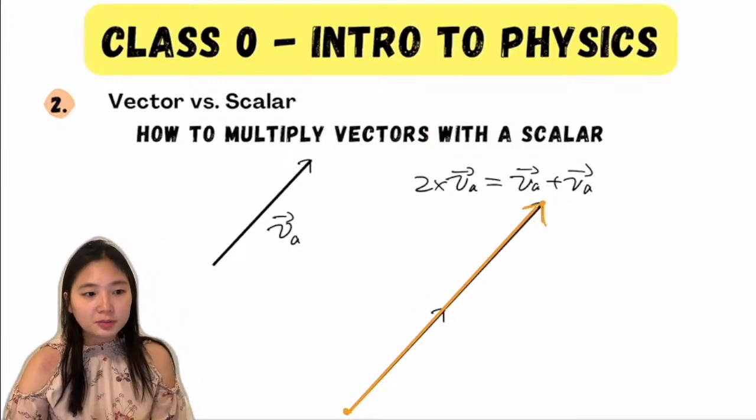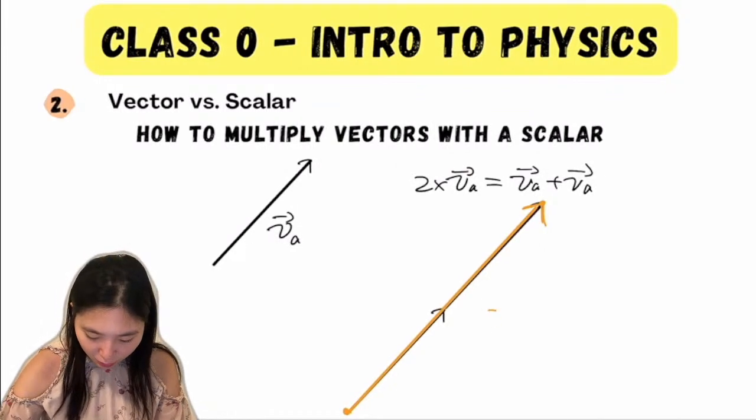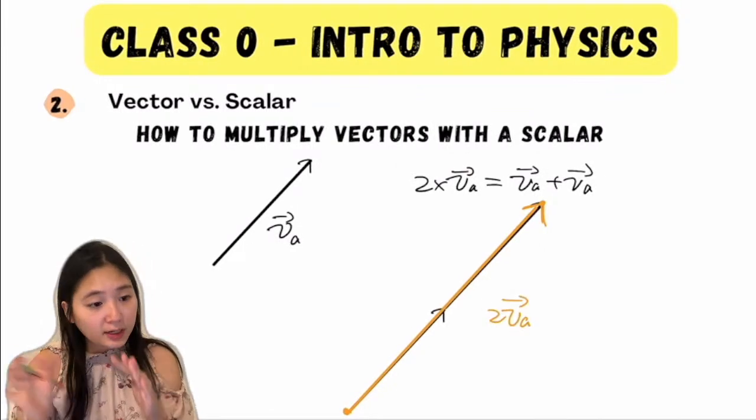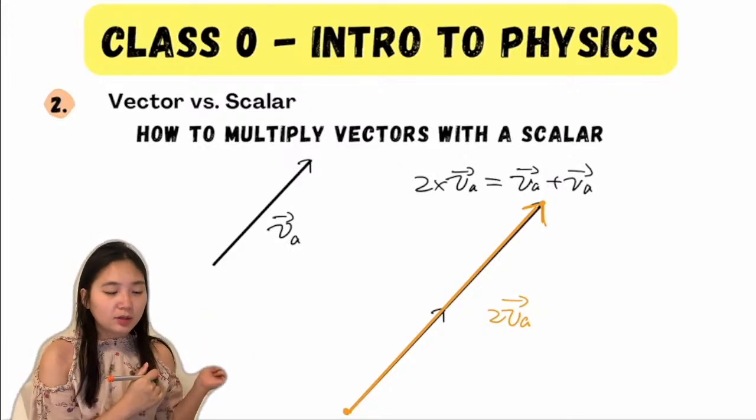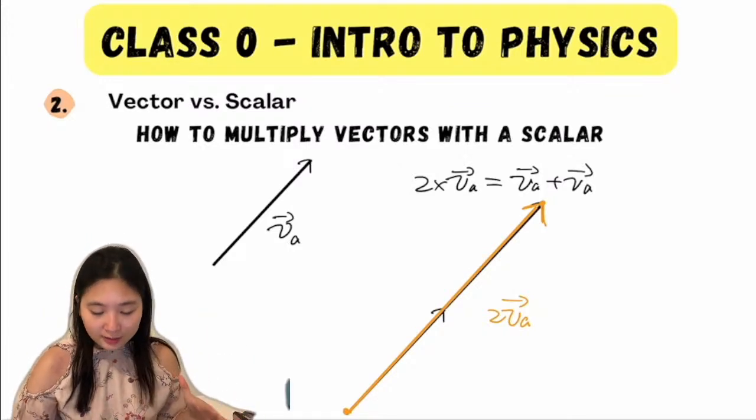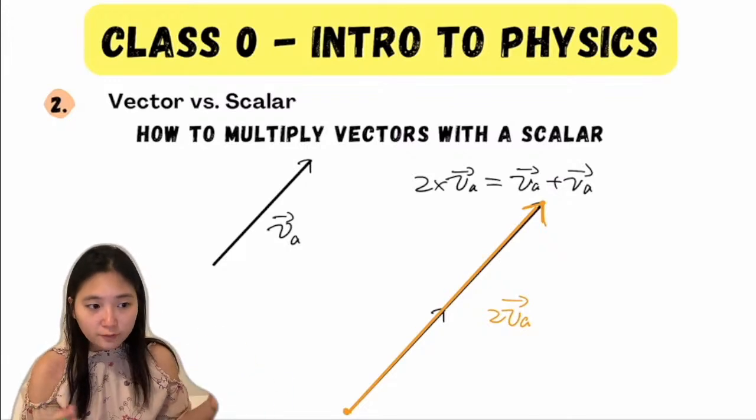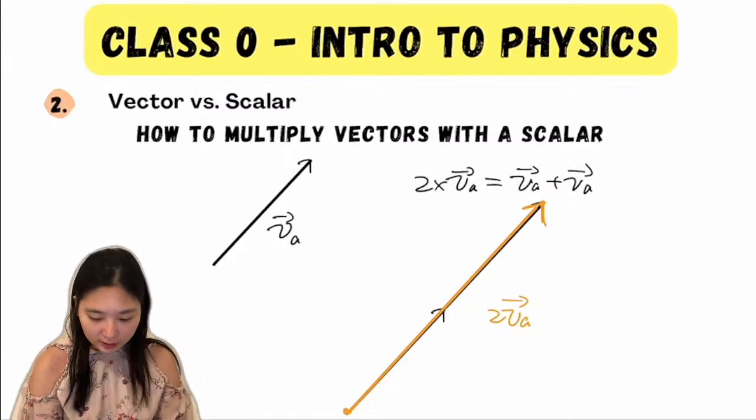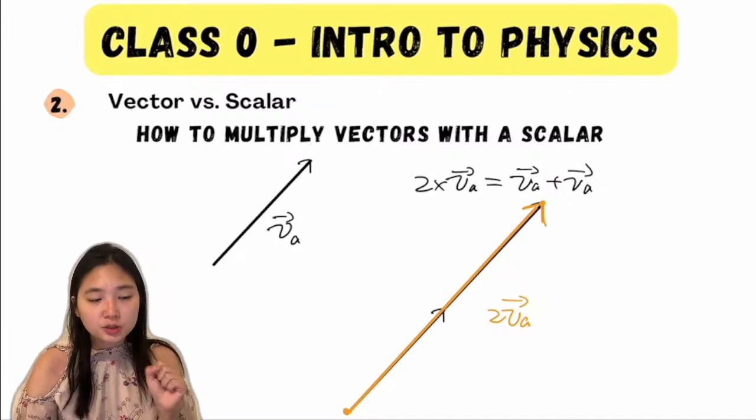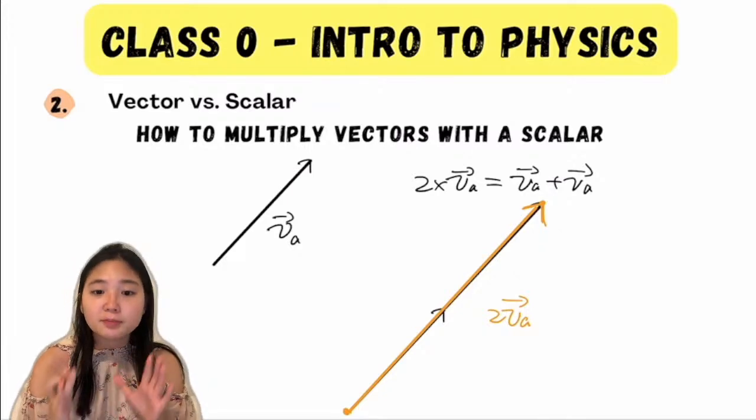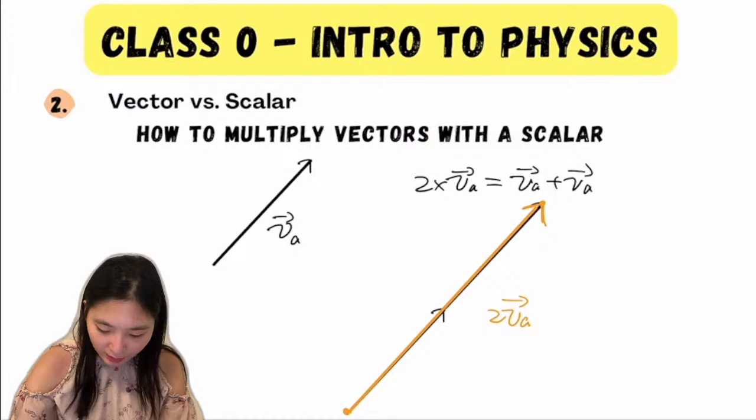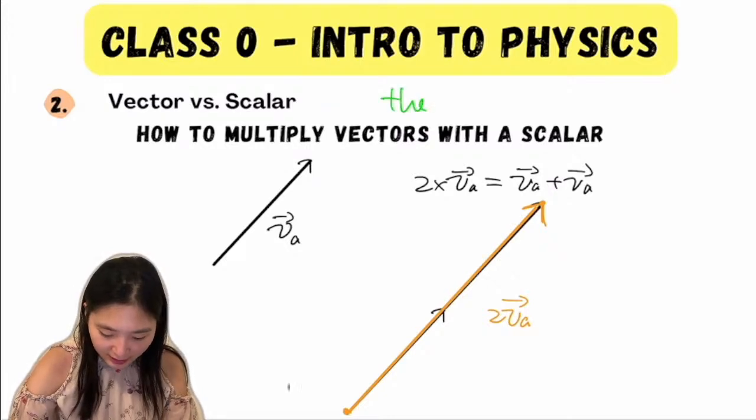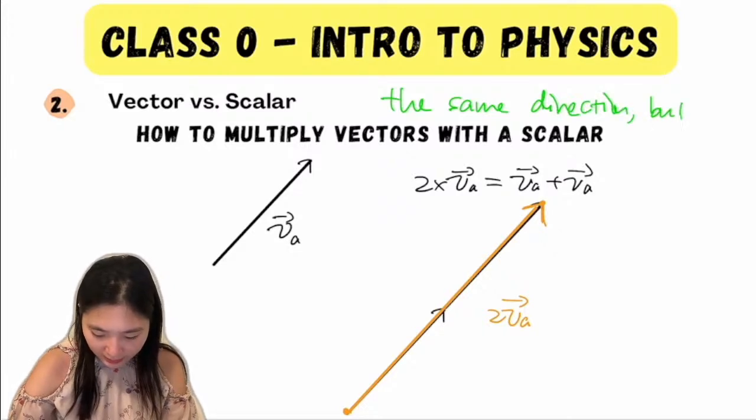Now you observe that vector A and twice vector A are pointing in the same direction. So they're parallel to each other. The only difference between them is that 2 vector A is twice as long as vector A. So when it comes to magnitude, 2 vector A is twice as big, but when it comes to direction, they're exactly the same. So when you multiply a vector by a scalar, the result has the same direction, but the magnitude changes